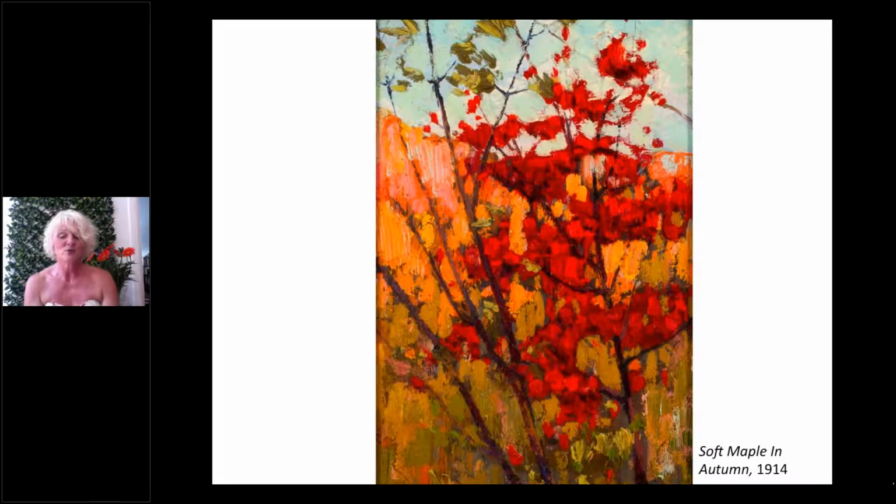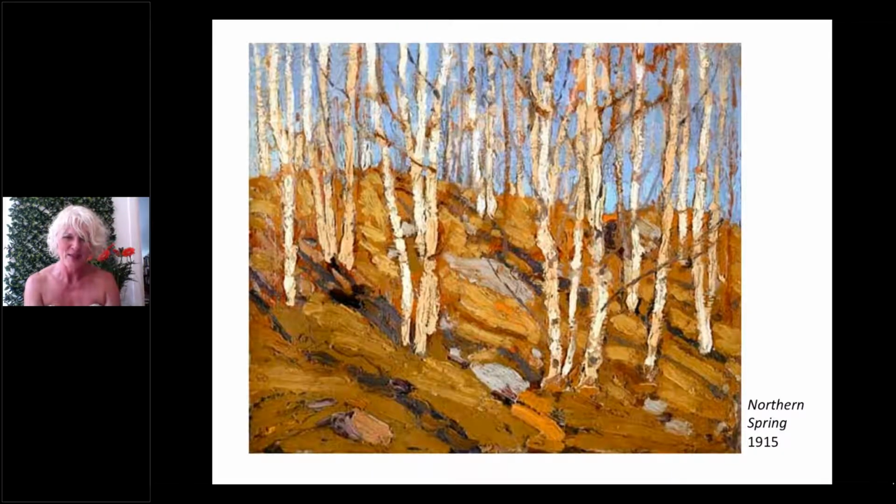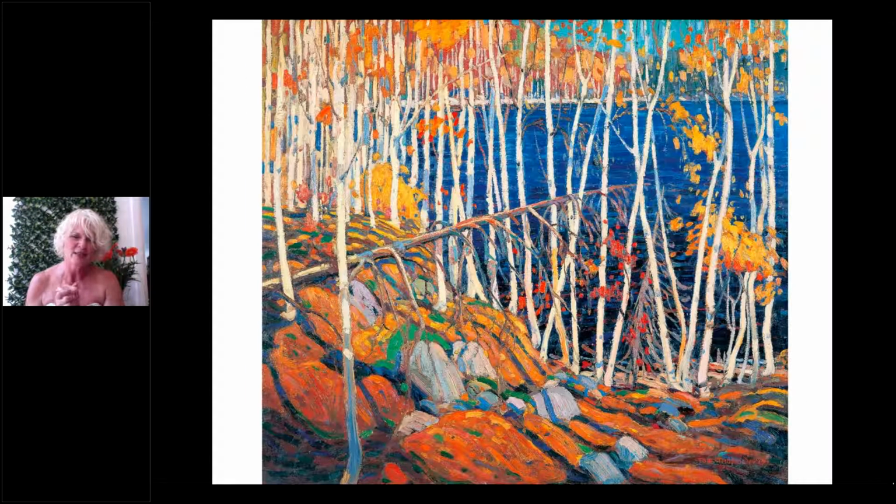He loved the tamaracks and the sumacs. He loved the maples, soft maple saplings in autumn that he's painting here. I noticed the red of the saplings here with the maples is not the same red of the sumac. His careful articulation, his careful attention and observation of nature. Not all reds are the same. Not all yellows are the same. And then there were the birch trees. These birch trees that line the shores all throughout Algonquin Park really did capture something in him.